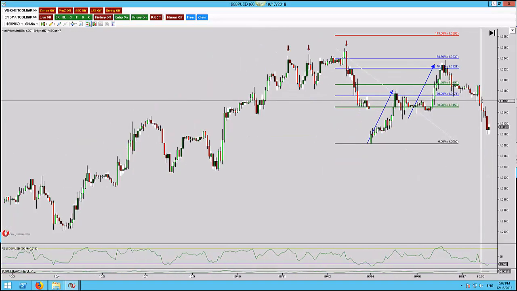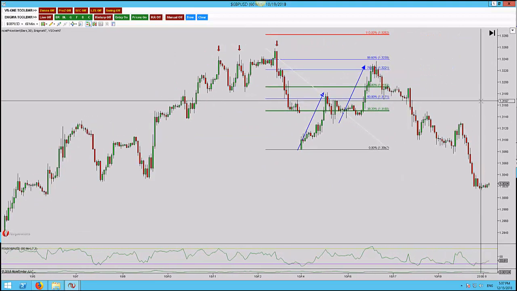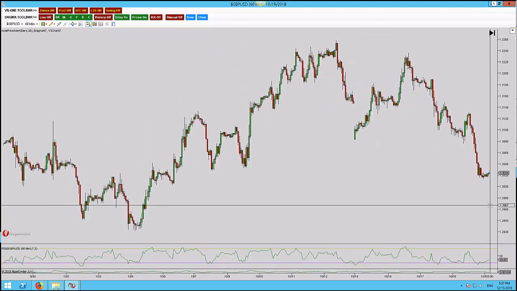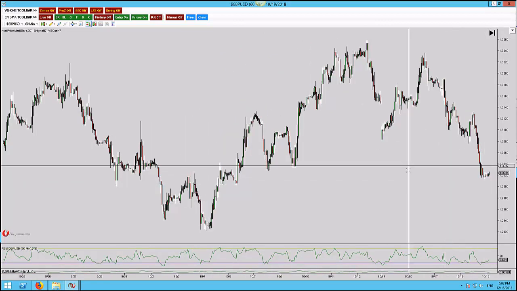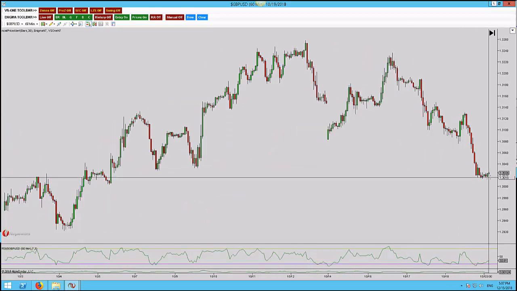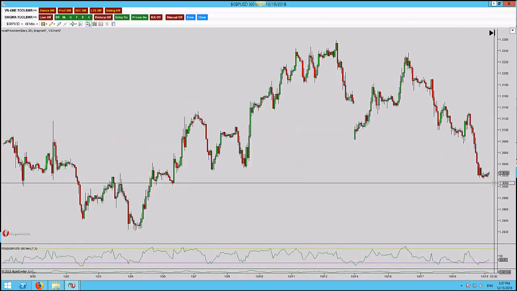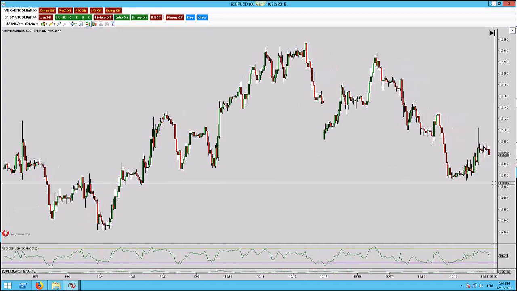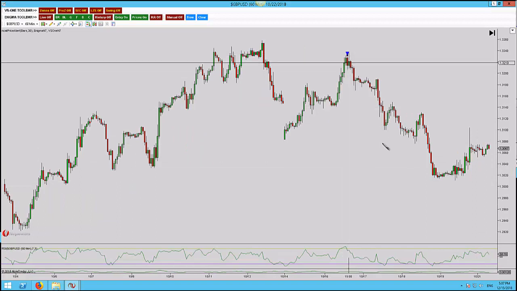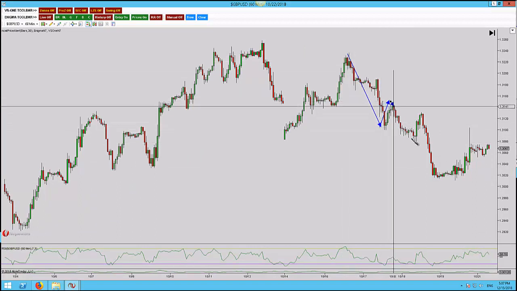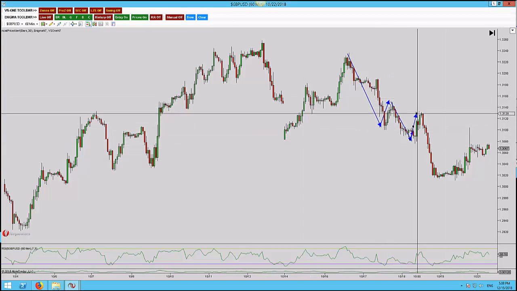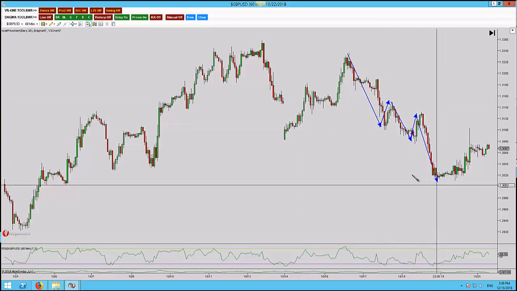Okay, so we got the move to the downside. Would have been a 2 target winner. Didn't happen. Okay, we've violated everything down to the lows here. Okay, so what I'm looking at now is new low, outside return, new low, outside return. And then just here, we violated structure,